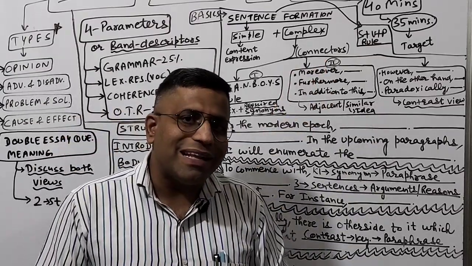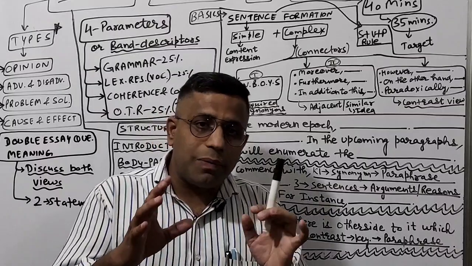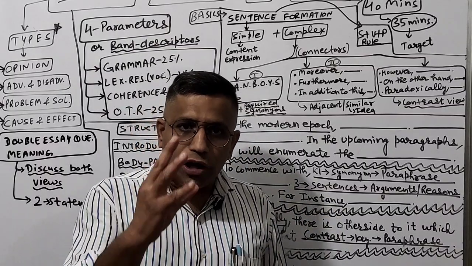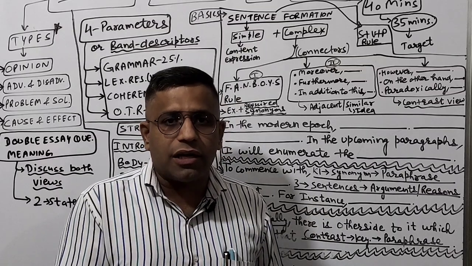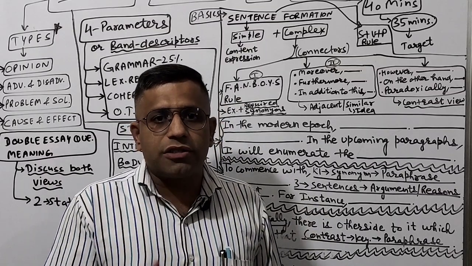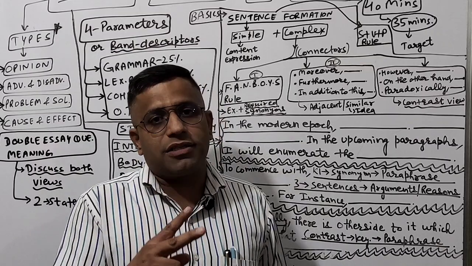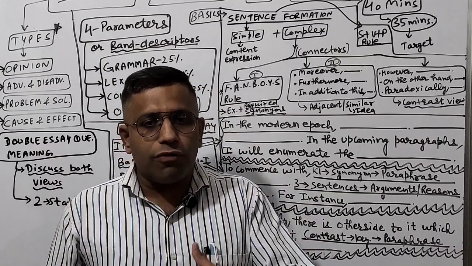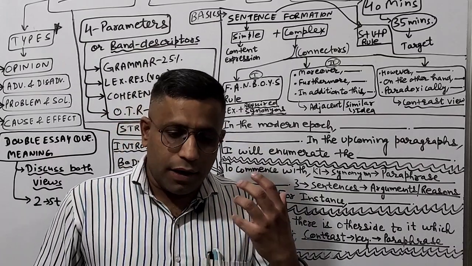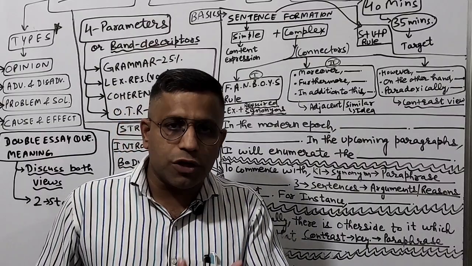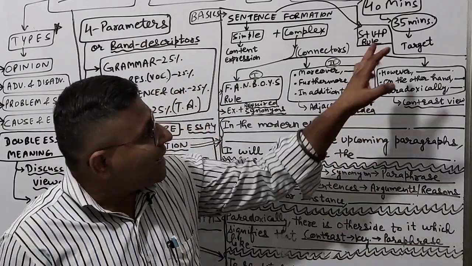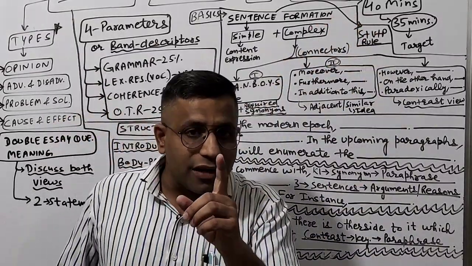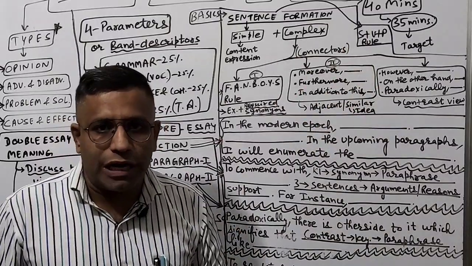Now what is the official time limit that is given to write this essay? That is 40 minutes, but please mind my words, the target should be to complete the essay within 35 minutes. Why so? 3 minutes are spent initially in understanding the keywords of the essay and planning out the keywords, synonyms and the other areas, and 2 minutes are spent at the last, after completion of the essay, in proofreading. So proofreading involves checking out the spelling mistakes, looking at some other very simple mistakes which a student can commit also. So overall 35 minutes should be the target to complete the essay. Officially for the IELTS writing task 2 essay only 40 minutes is the official time limit.